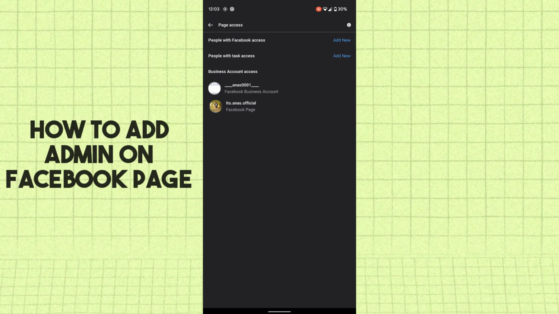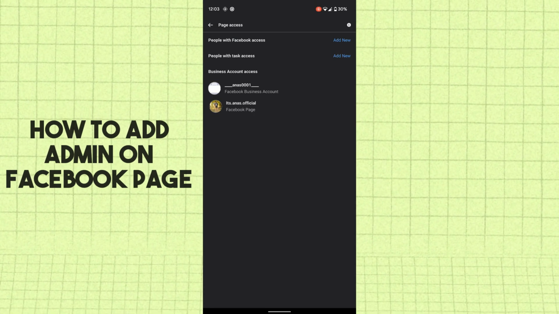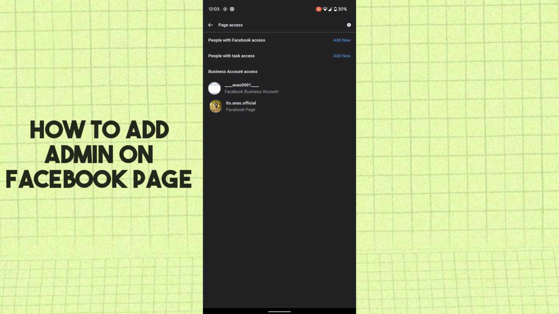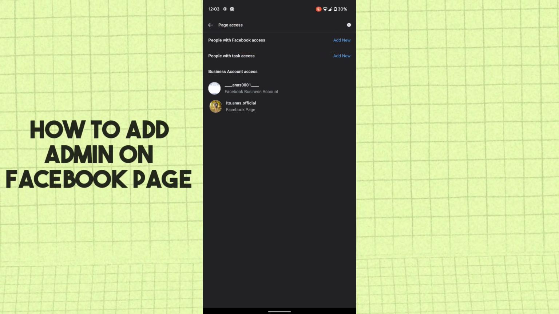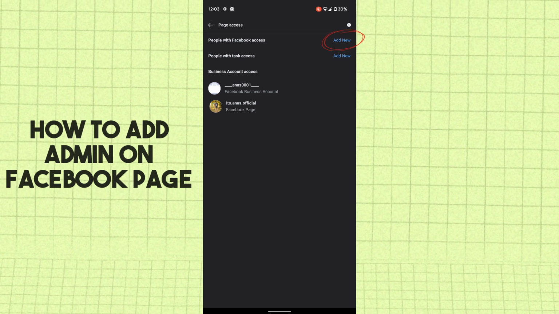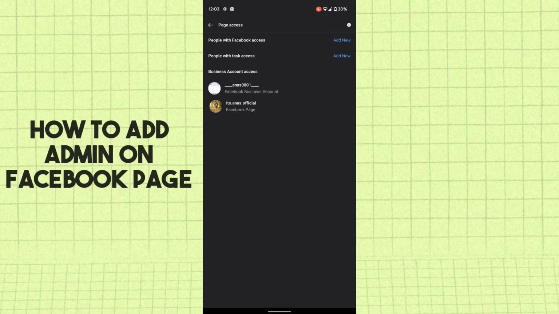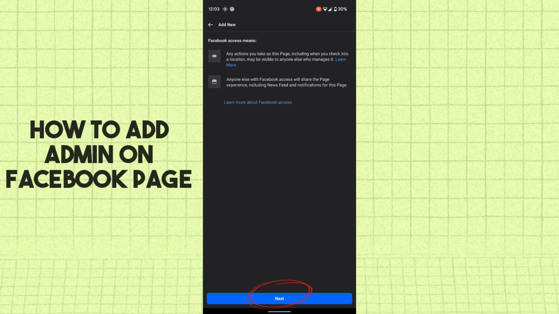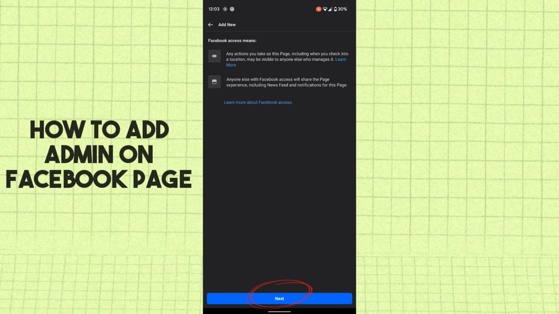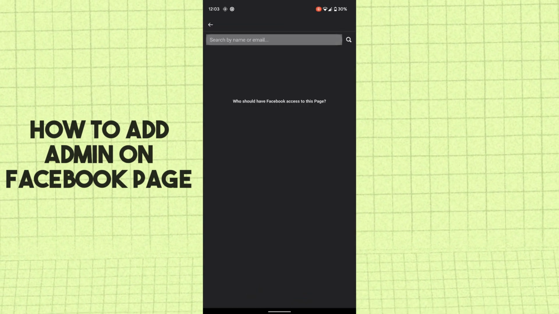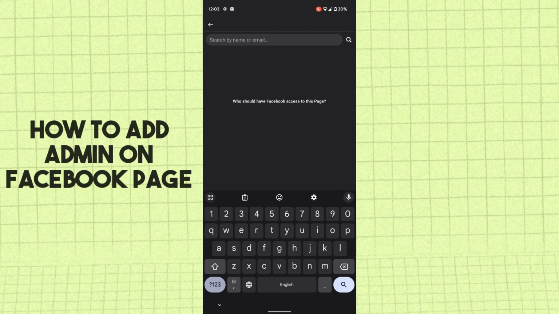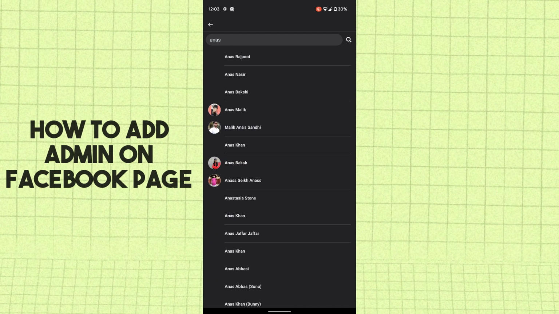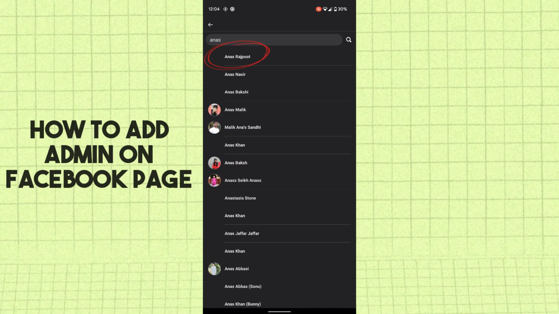After tapping on page access, you guys can be able to see there is an option which is people with Facebook access. So you just have to tap on add new, which is right to it. So after tapping on add new, tap on next. Search the name of admin which you want to use, or you can search him by email. Let's suppose I want to make him admin,